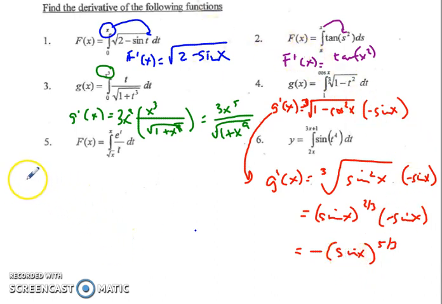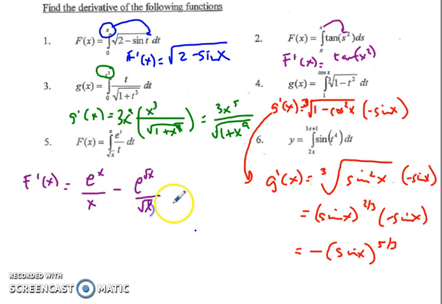So now, big F prime, number 5, we have upper and lower limits of integration that are variables. So we end up with e to the x over x for the upper limit, no chain rule because it's just an x, yay, minus e to the rad x over rad x, and now I do need a chain rule here, so the square root of x differentiates to 1 over 2 rad x, and I can clean that up. So I have e to the x over x minus e to the square root of x over 2x,